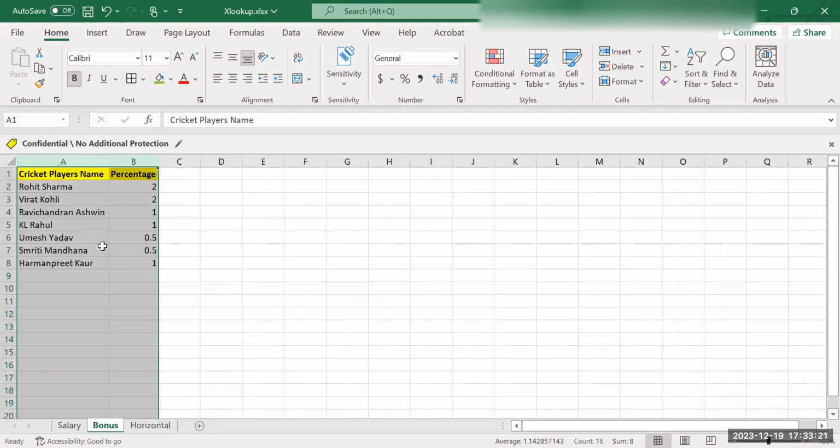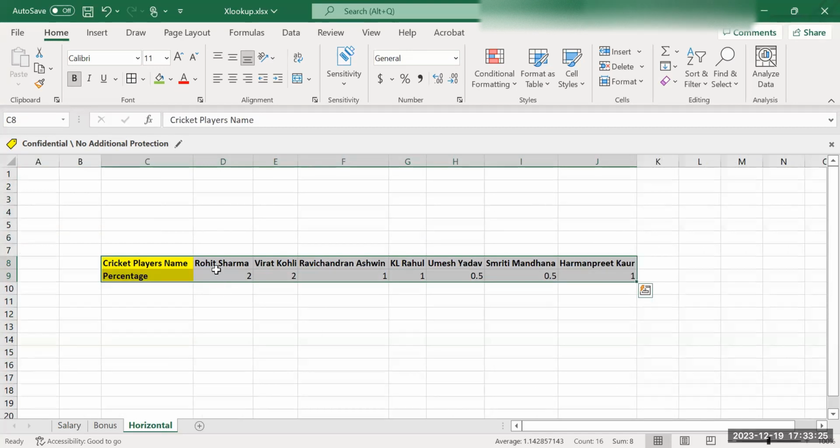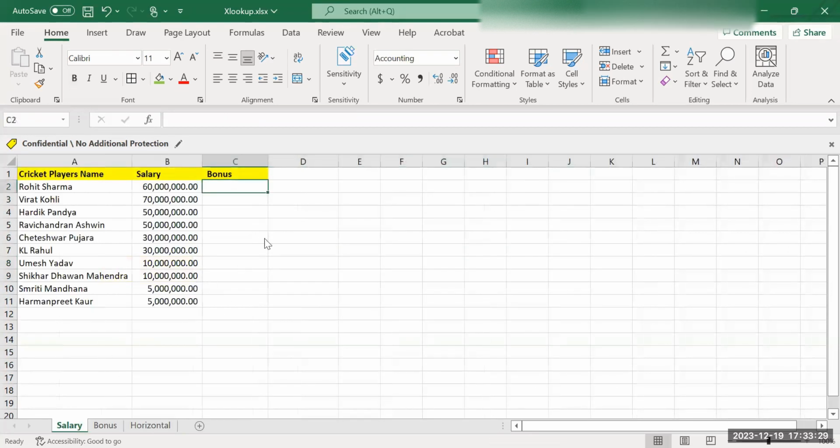So in the earlier video we have seen vertical lookup. Now in this video we will see the horizontal lookup. So we have the details in the horizontal way. So what we have to do is,